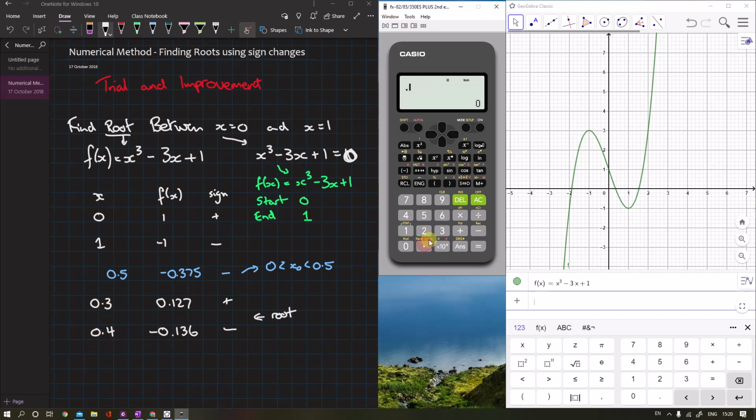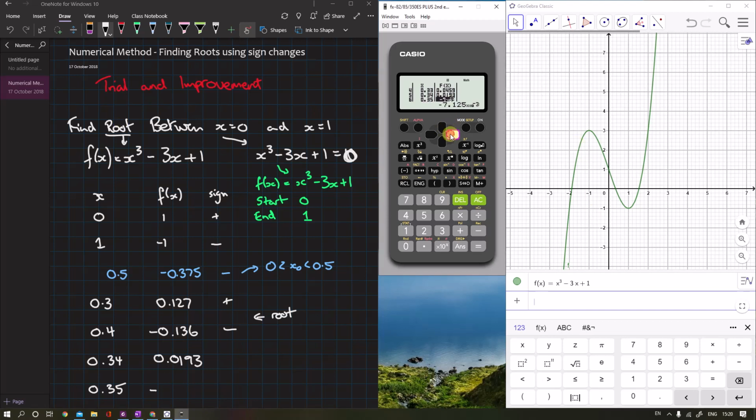So 0.3, 0.4, and we do a step of 0.01. And again, I get a list of 10 numbers. We now know that there is a change of sign between 0.34 and 0.35. 0.34 was 0.0193, and 0.35 is minus